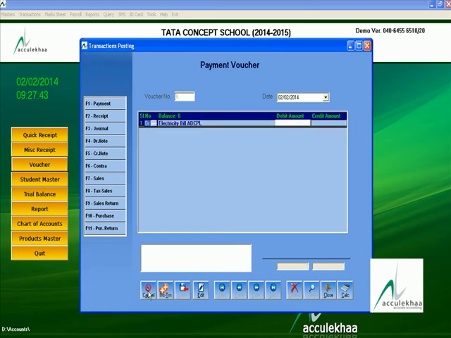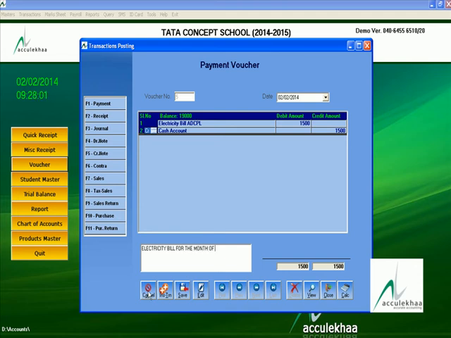Electricity expenses 1500, electricity bill for January 14.